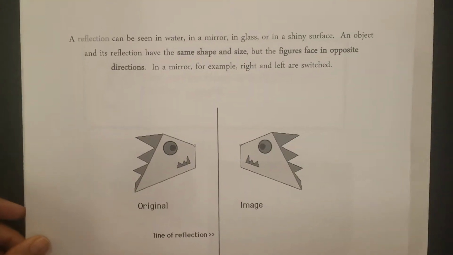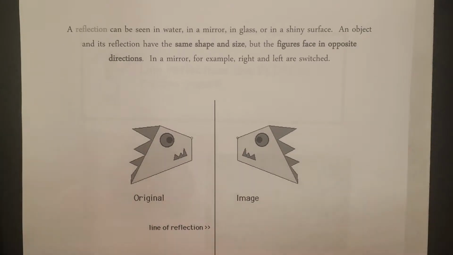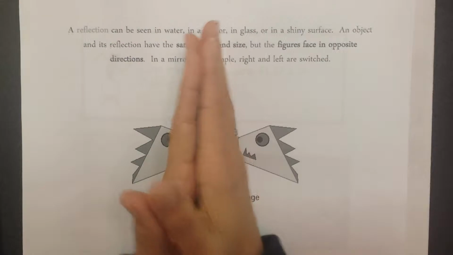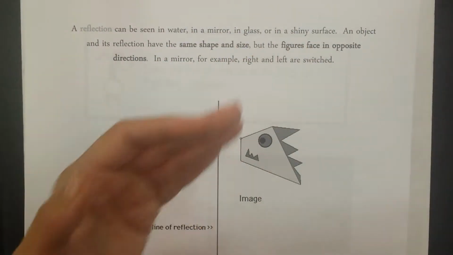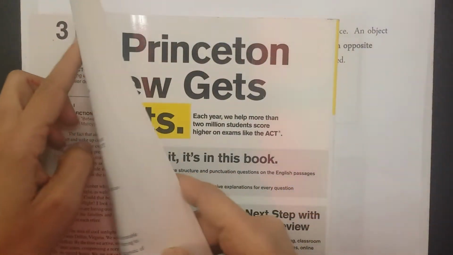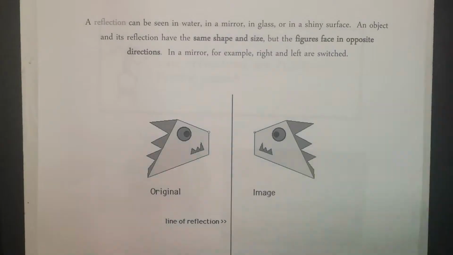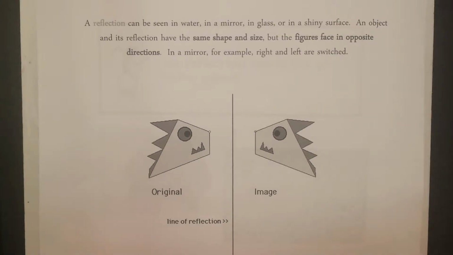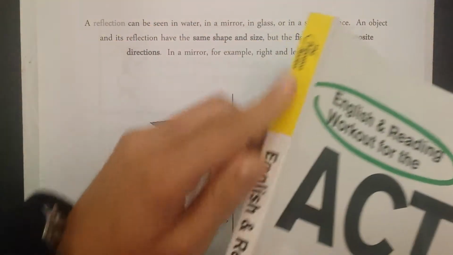A reflection, okay. When you see the word reflection, I want you to think of opening and closing a book. Let's take this book, for example. I want you to literally think opening and closing the book. Now watch, when I close this book, do you see how every point is going to fall right there? Even this 3 is going to fall there. With a line of reflection, which I'm going to refer to as my spine, the spine of the book,